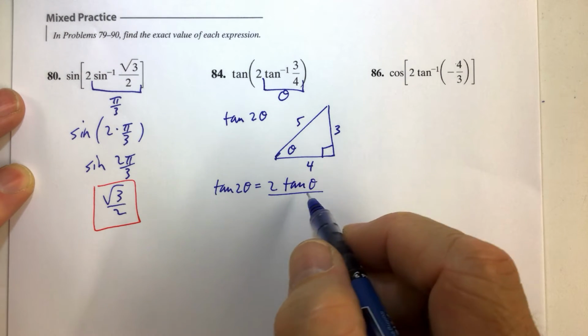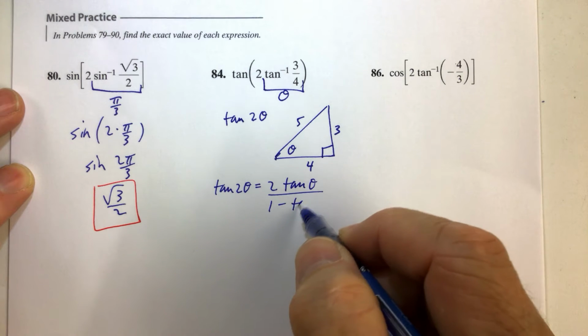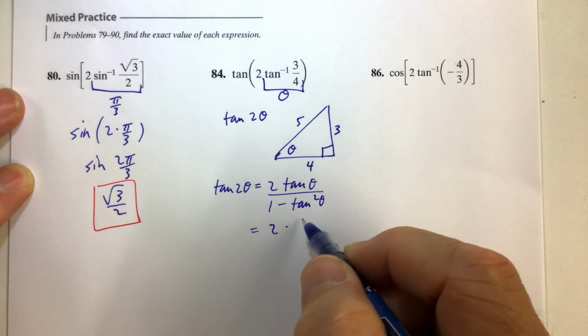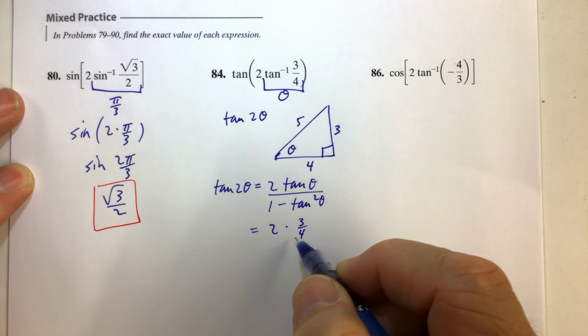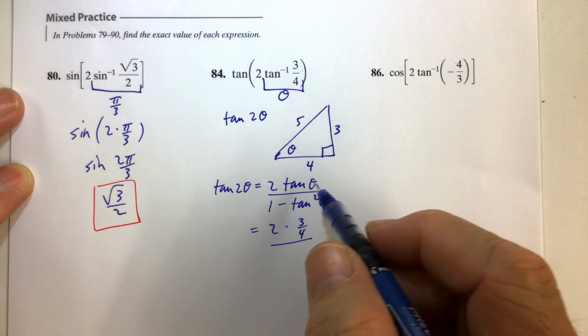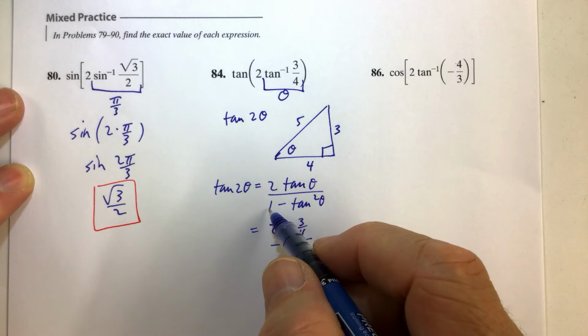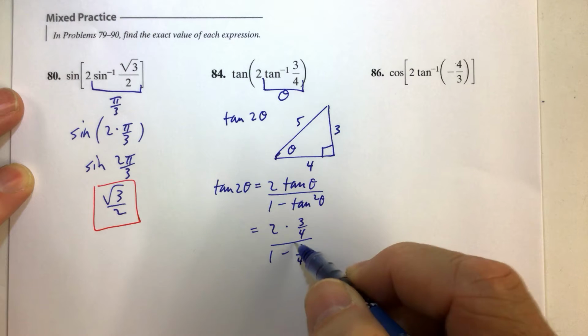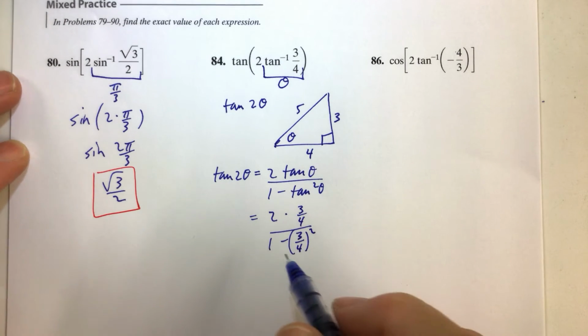It's good to write out these formulas, practice them. And what's the tangent of theta? Well, the tangent of theta is 3 over 4. And then we have over 1 minus tangent squared. So tangent is 3 over 4. We're going to square that. So we end up getting